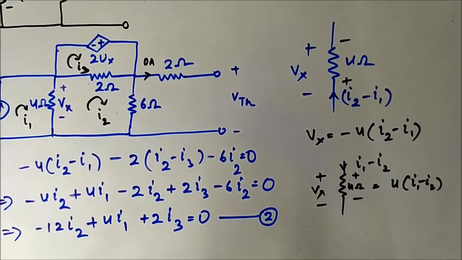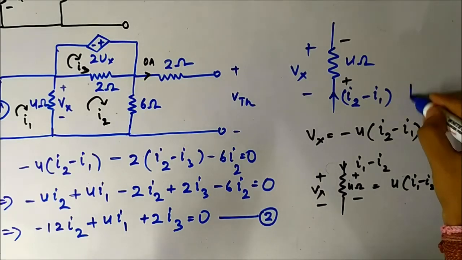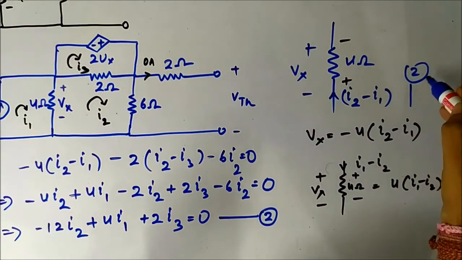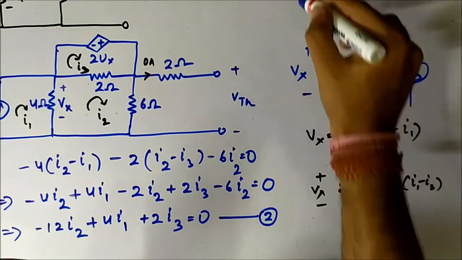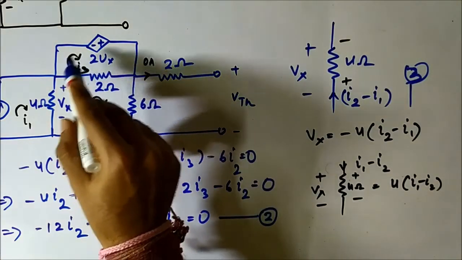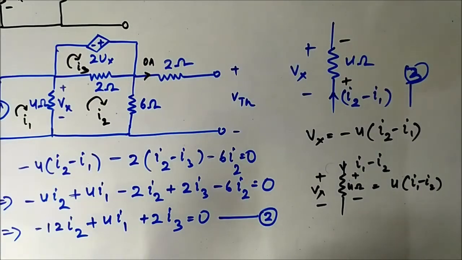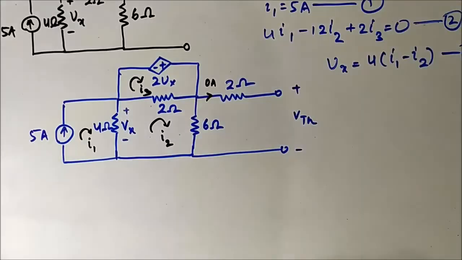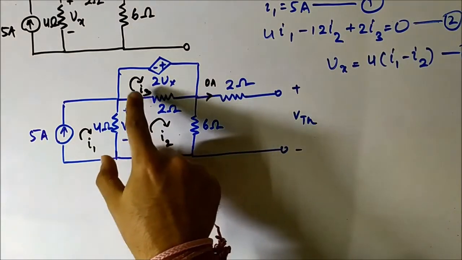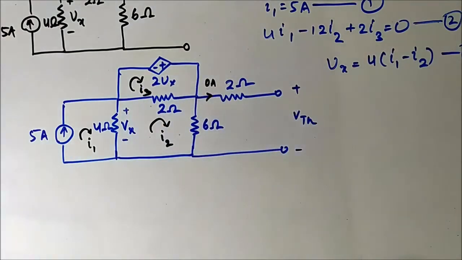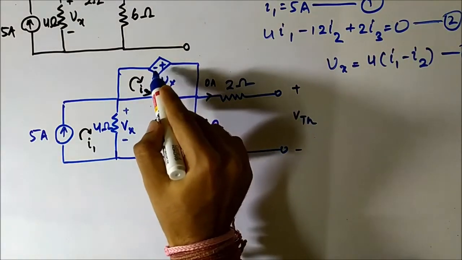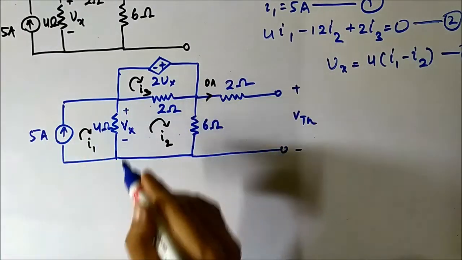So Vx is equal to this, this is the third important equation, 1, 2, 3. Now all we have to do is find the mesh equation for this, and we'll solve it and get the values. So already we have got the 3 equations. Now we have to put KVL in this third mesh and we'll get all the required mesh equations. So putting KVL here in this third mesh, it will be